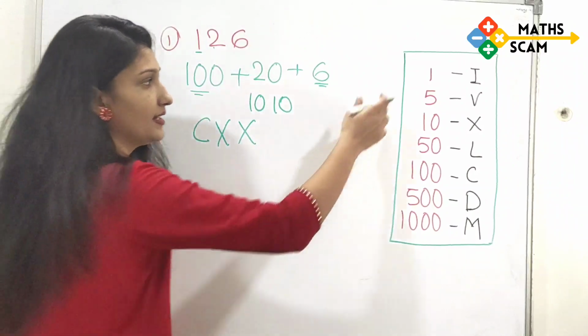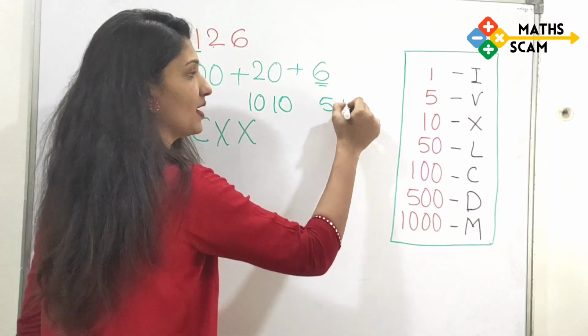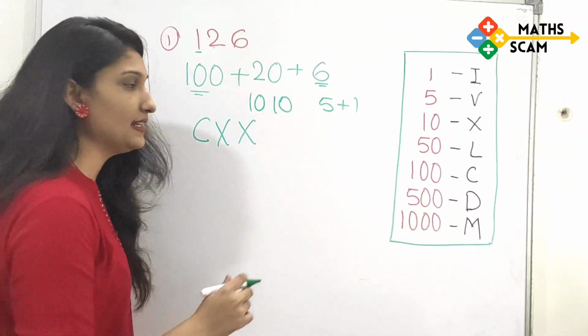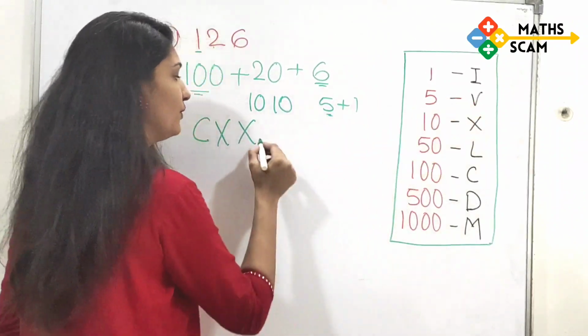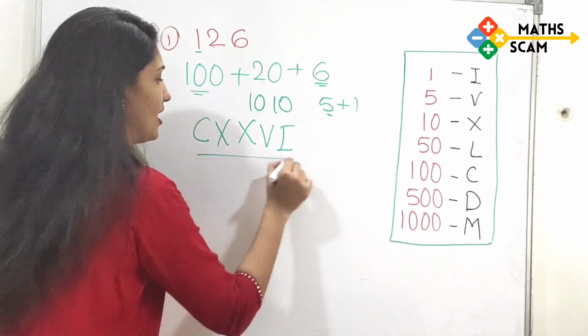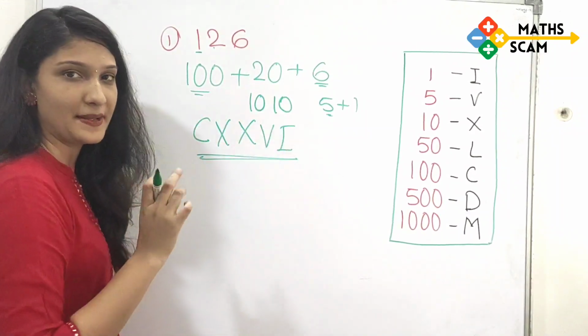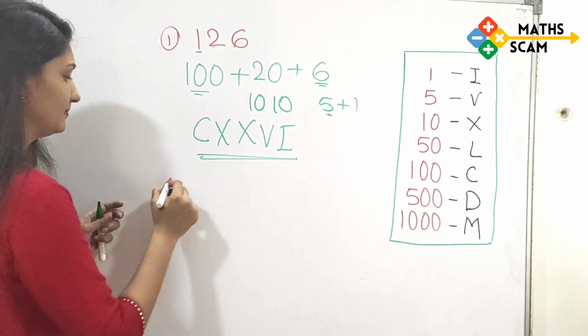So there is no 6. How to write 6? Can we write 6 as 5 plus 1? Yes, we can. So 5 is V and 1 is I. So how to write 126 is C double X V I. Next we will see